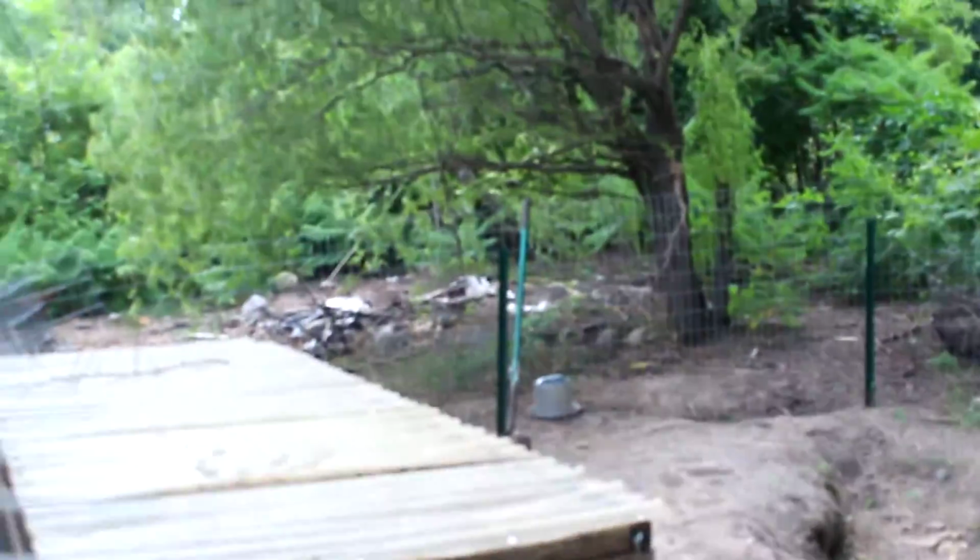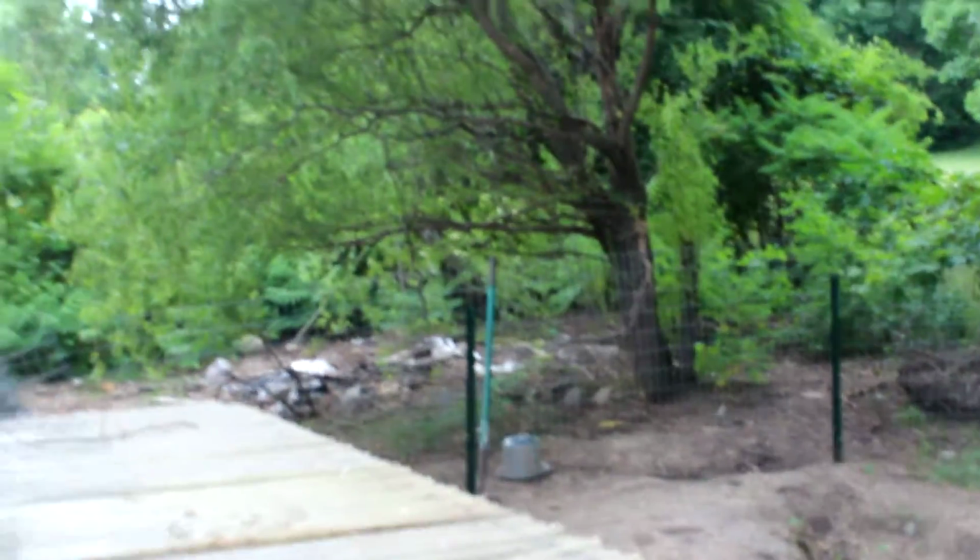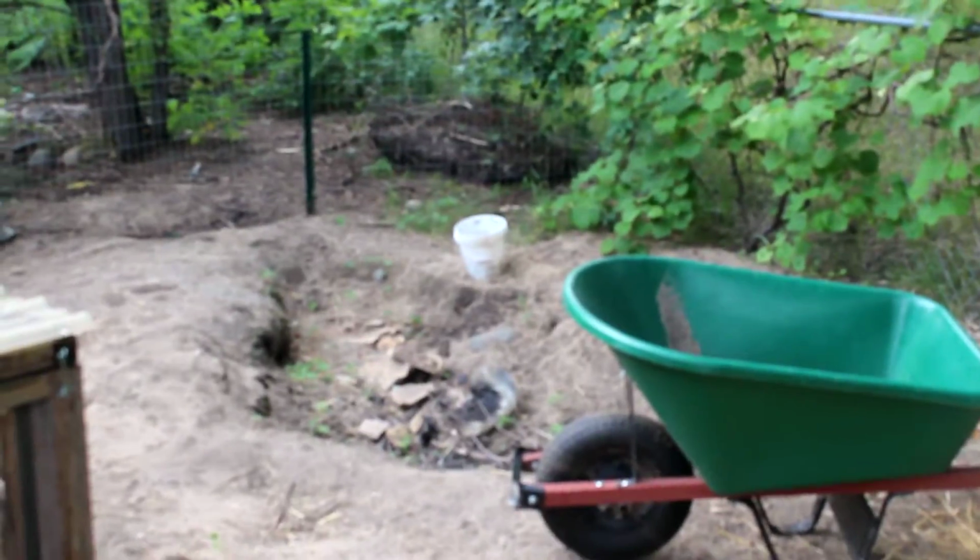Hopefully these are some spaghetti squash that will grow up the fence. And then there's the chicken yard. Back in the corner, tucked back there, is a hammock that I made out of a blanket. It's kind of dying, but we had some fun on it. The kids loved it back there. And that's where the chickens roam. And they do their thing. And then when there's a big hole, we can burn extra wood in. And the thing that I like too about this yard is the privacy that it has, because of all these grapevines that, again, the wonderful people that lived here before